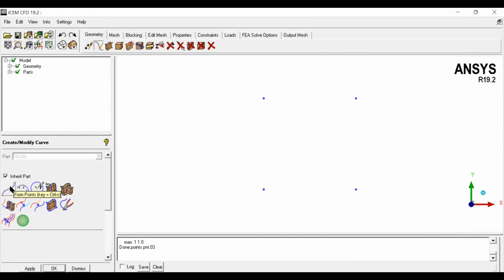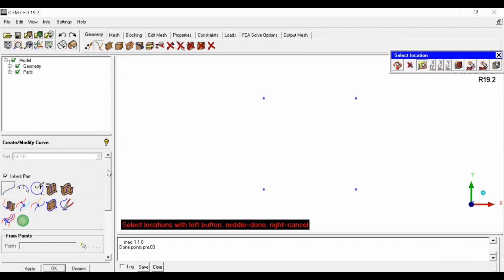Once you select from points, it will ask you, as you can see in the white window, to select locations with the left button. If the selection is okay, you need to press the middle button. If it is not okay, like it's not the correct point, you need to right click to cancel or deselect the point.